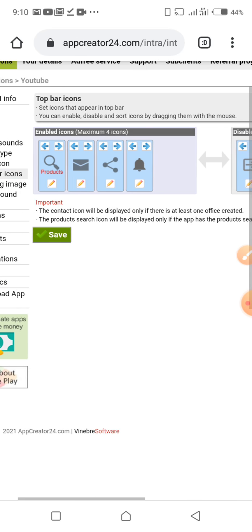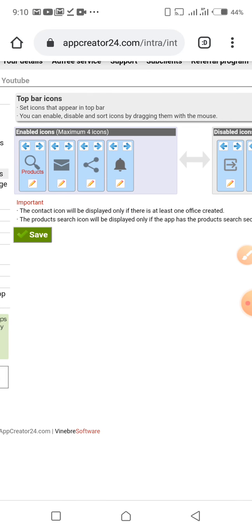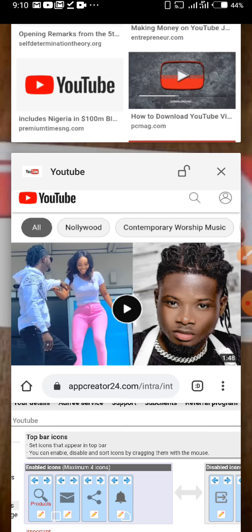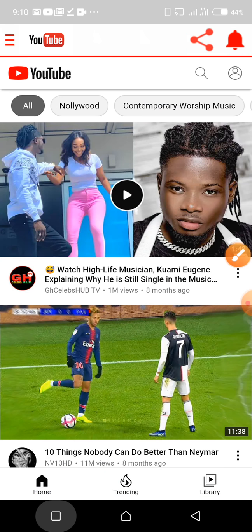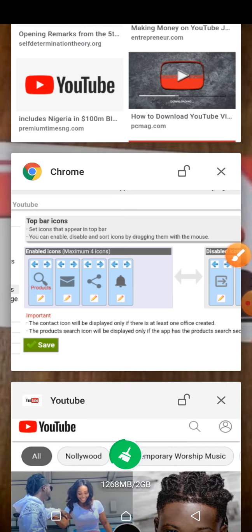So guys, on this particular place here, as you can see on the top bar icon, we have the send button and the notification bell, right? Now I love removing this send button because it will make people see that the app was created with app creators. Like I told you before, we will be making it look so professional. So now to remove this